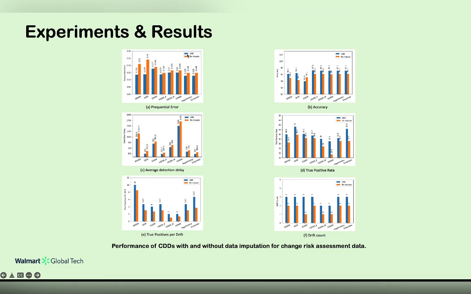performing imputation actually improves the result, even if sometimes small, but it improves the result overall. So that clearly indicates that we should impute the data, and only then concept drift needs to be checked. Without imputation, the model's performance might degrade. So this indicates that there is a need for imputation, and then you can perform your concept drift detection algorithms.